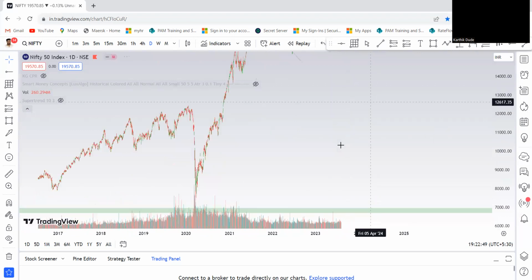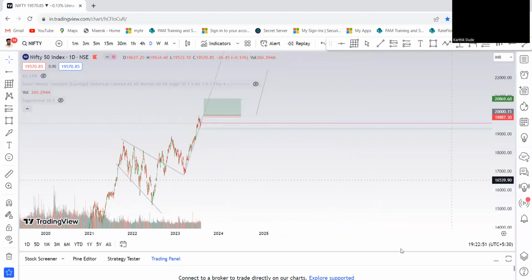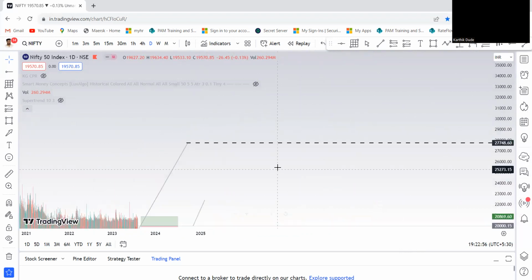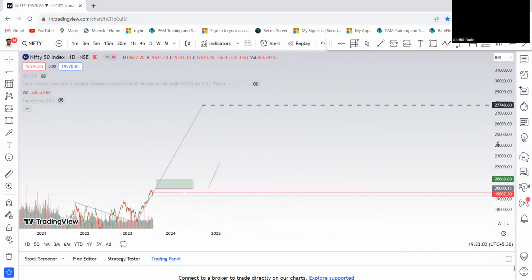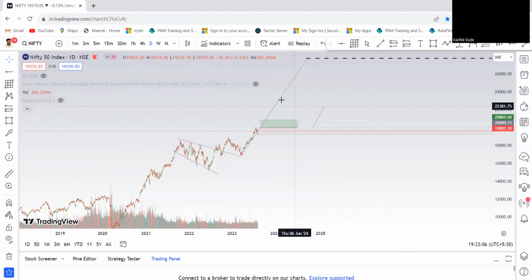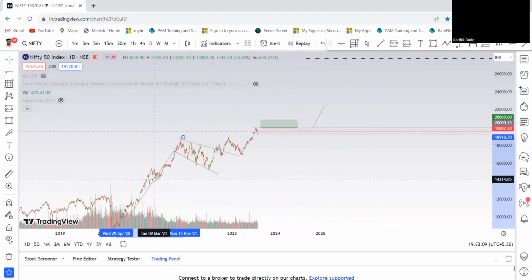See, it took like 2 years to come here. It has broken the flag pattern and it's about to, I'm just predicting the forecast. So Nifty 50 should move to 27,000 sooner or later. So that's how the flag looks. Basically you draw a line. The length of this pole, I mean the pole from where it has started, that will be